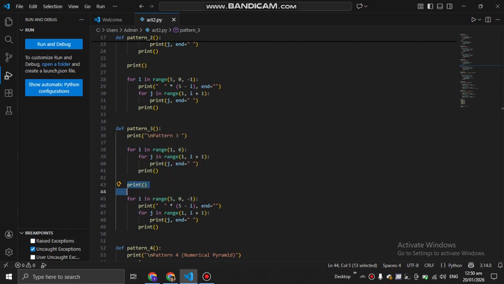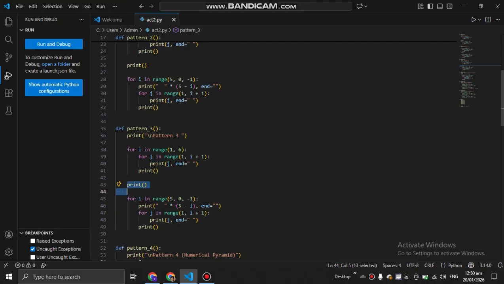So the bottom half, right-aligned decreasing, 5 to 1. So print blank space times 5 minus i, and end equals blank space, then for j.